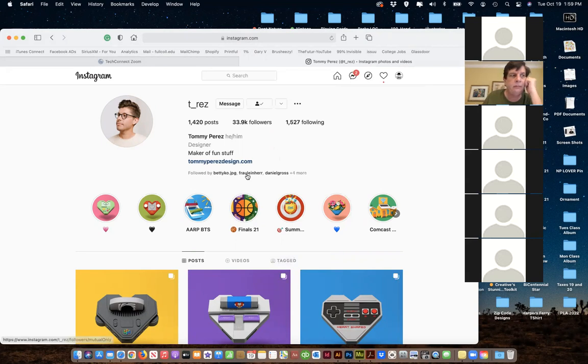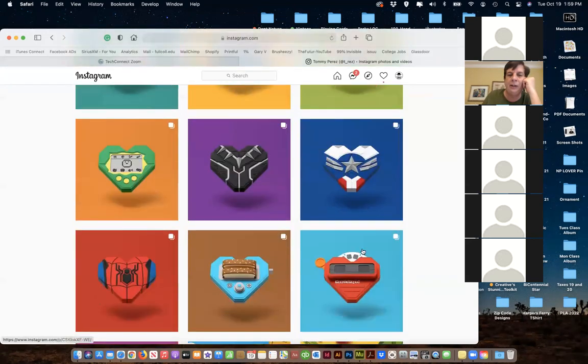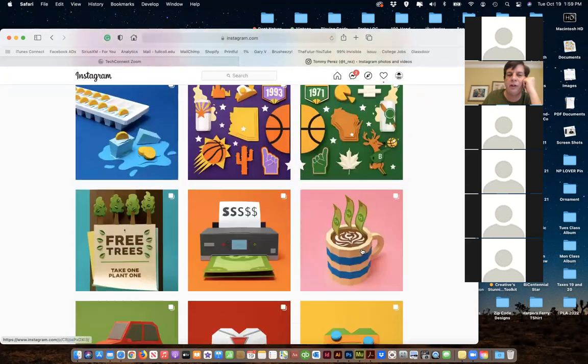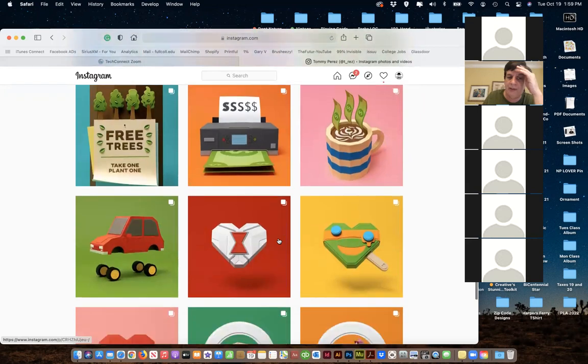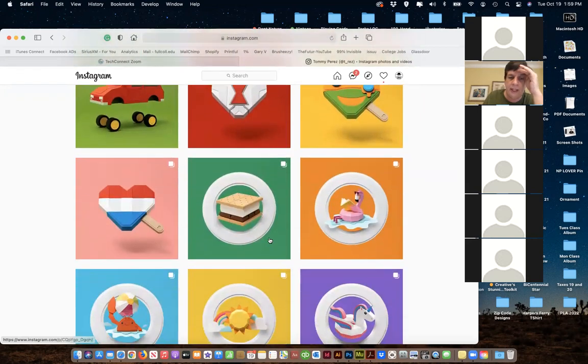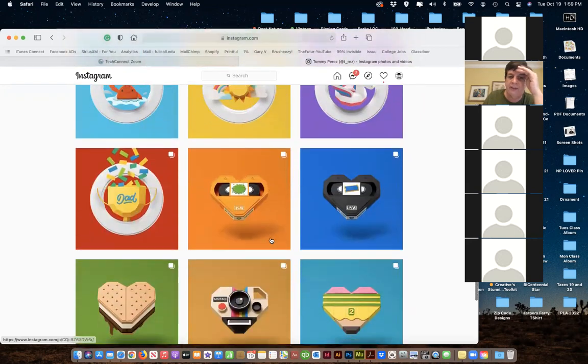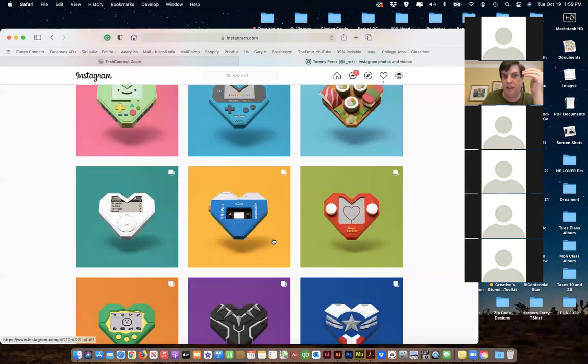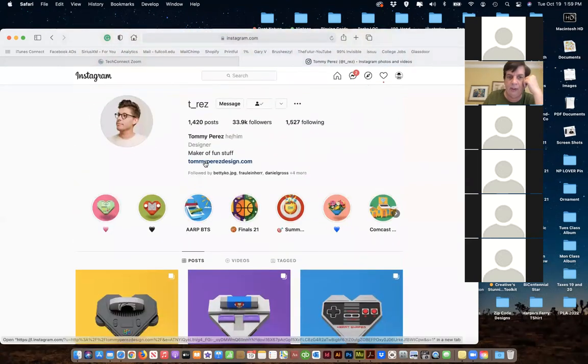And what he ended up doing was he used Instagram as kind of a way to build his portfolio. So this is kind of his portfolio showing his work today. And he's become this, I'm going to call craft. He's this paper art. He does all these things out of paper. He cuts and folds and glues them together, and then he takes photos of it. And he's worked with Facebook, he's worked with Target, he's done all kinds of stuff. So I'm going to just kind of take you to his portfolio page.